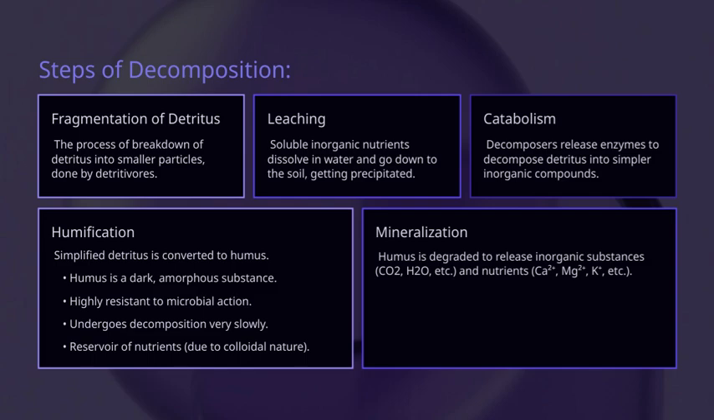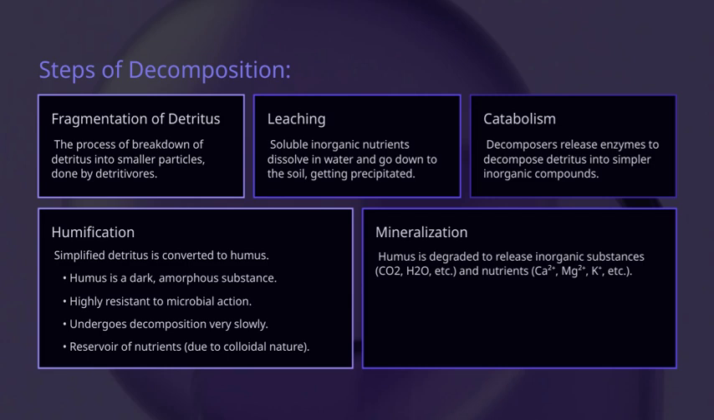During mineralization, nutrients become available for plants and other organisms, but because humus is highly resistant to microbial action, it decomposes very gradually. Soluble inorganic nutrients, on the other hand, dissolve in water and can leach down through the soil, sometimes precipitating out of solution. Leaching is an important process because it can lead to the loss of nutrients from the soil if they are not retained. Humus itself is a dark, amorphous substance that resists microbial attack, making it a stable form of organic